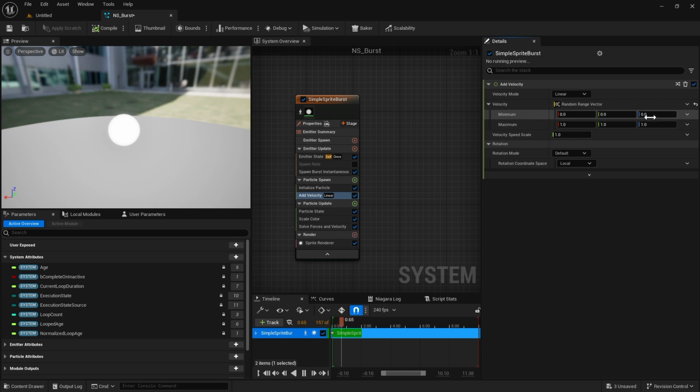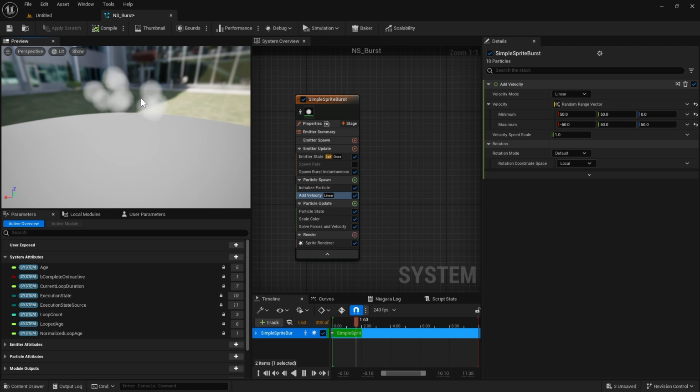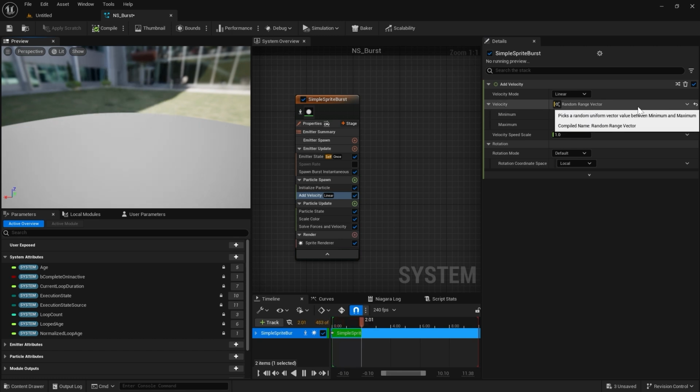Okay, so now we can say the minimum that a particle is going to move is, okay, 0. The maximum is gonna be 50 here. But in here, maybe we want 50, 50, minus 50, minus 50. All right, and I'm moving from side to side with tab, by the way. All right. So now we've done that, right? And we can use this random range vector and other ones on most of the